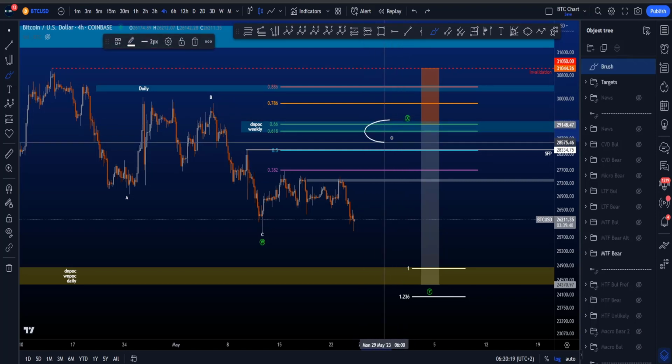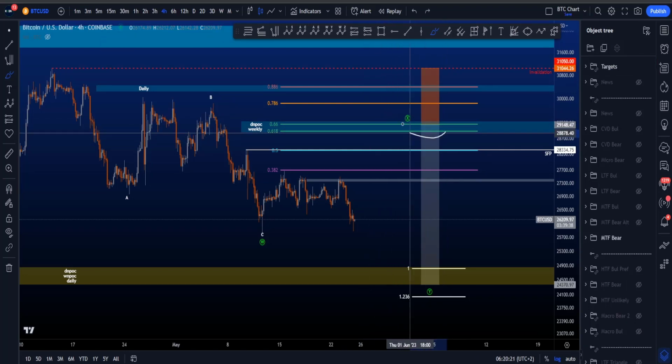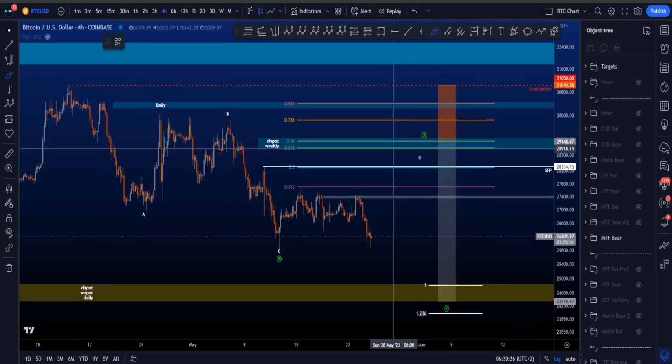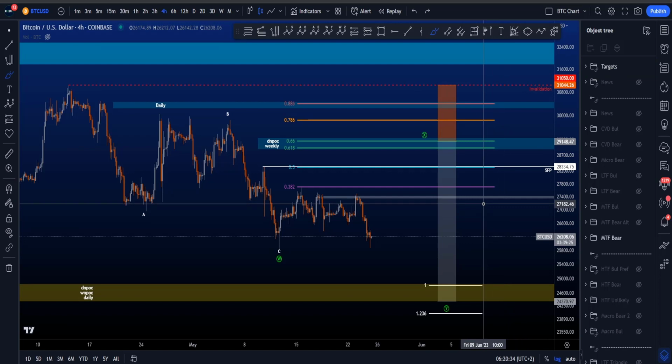but nonetheless this target area is very important also for a potential short setup where then shorts can be entered in the target area over here. Stop loss above, as the invalidation is going to be the high at 31k, and then looking for downside. No financial advice, but based on the scenario that we have in front of us, this might be an interesting